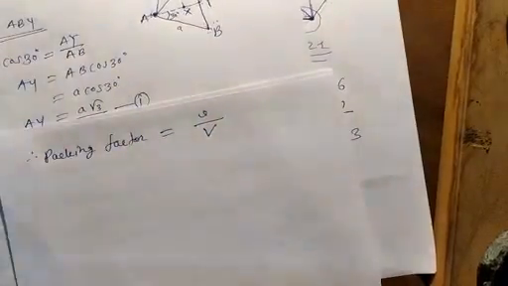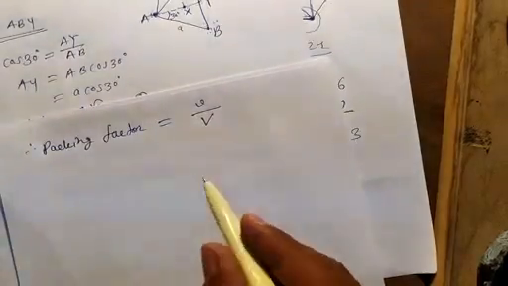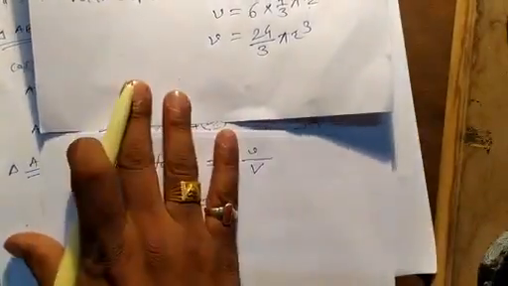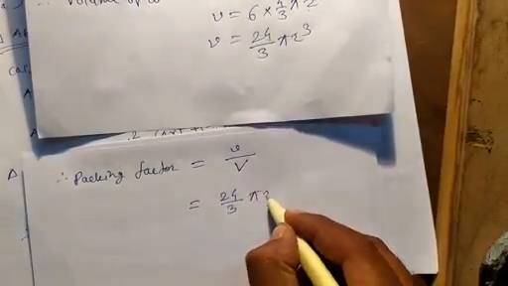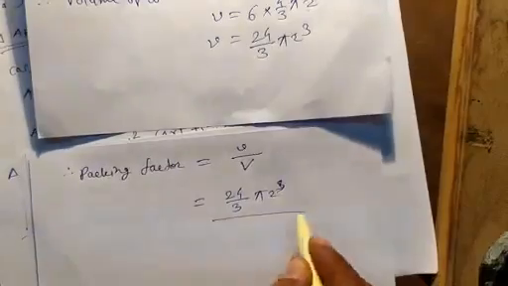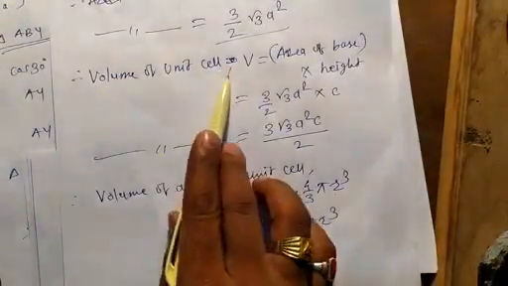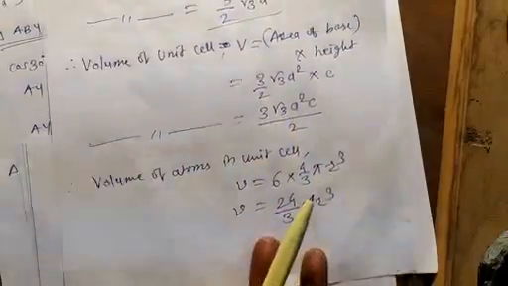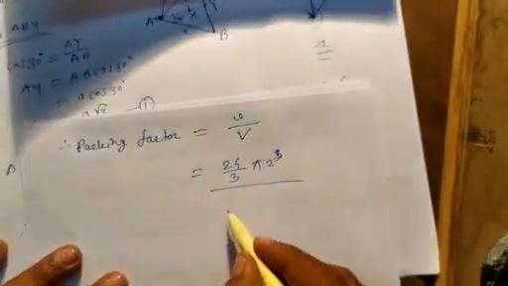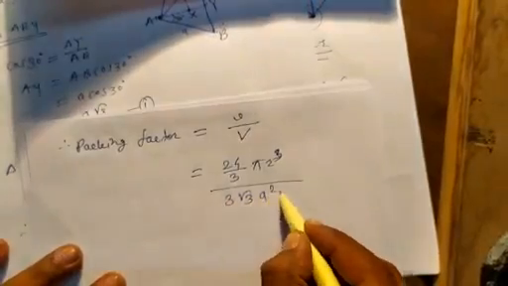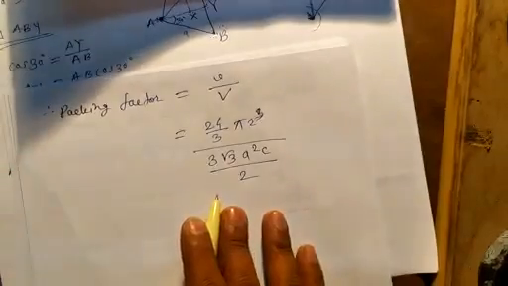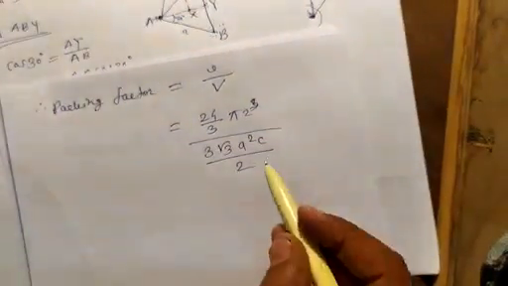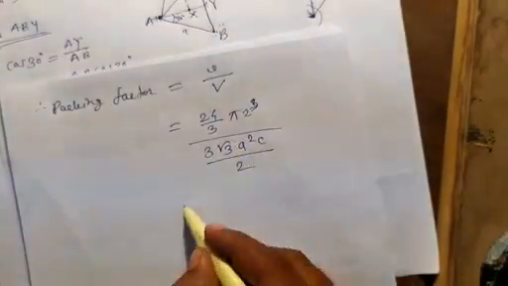Therefore, packing factor will be equal to small v, which we have just calculated as 24/3 pi r cube, upon capital V. What is the capital V? That is the volume of the unit cell, equal to 3√3 a square c by 2. Just put this value in this equation, 3√3 a square c by 2, and if we calculate this, then we directly get here